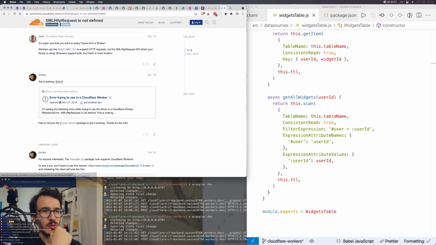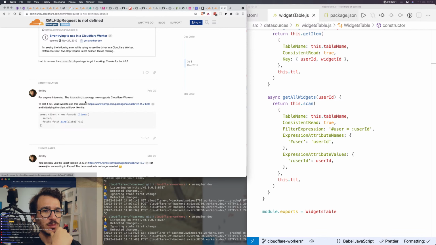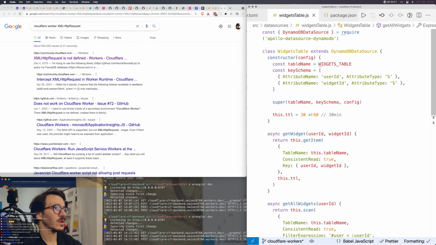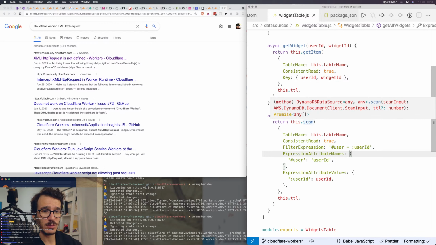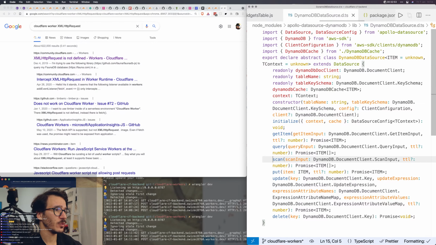Had to remove cross-fetch package to get it working. FaunaDB package now supports. Okay. So I think the problem we're running into here is that if we dig into the source code of the library I'm using to connect a data source, DynamoDB data source, let's see, if we go into scan,